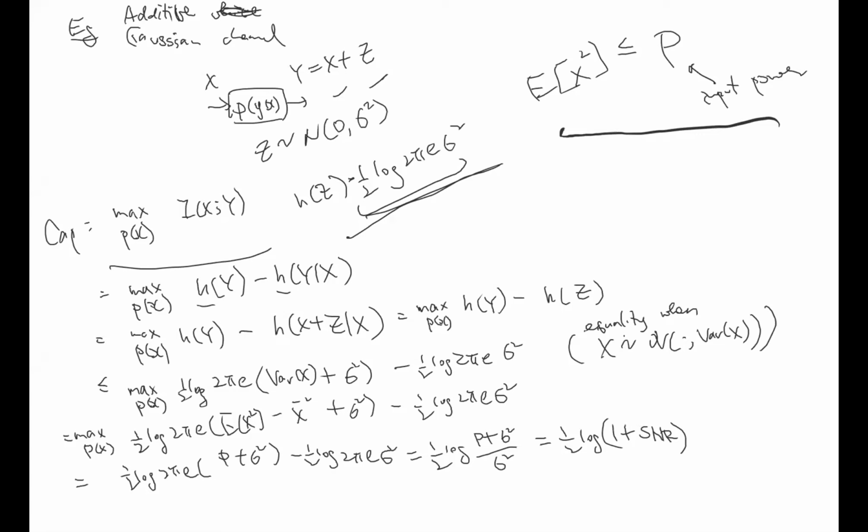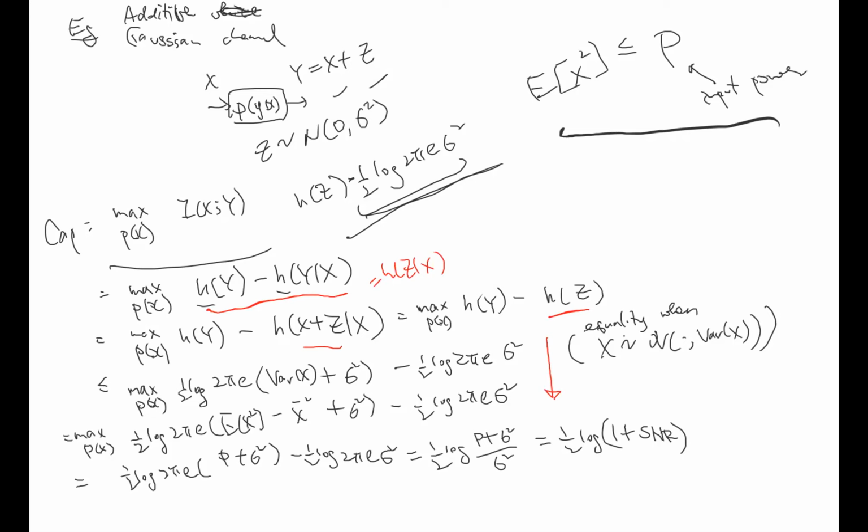This is quite obvious, right? The first couple of steps are very similar to the BSC. We expand I(X;Y) into H(Y) minus H(Y given X). Y is equal to X plus Z, and given X, X is a constant, so this is equal to H(Z given X). Then Z and X are supposed to be independent, the noise shouldn't depend on the input, so this is just equal to H(Z).